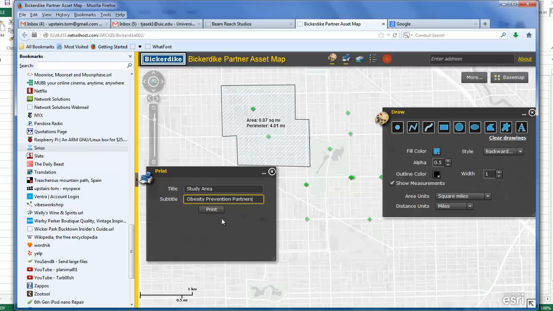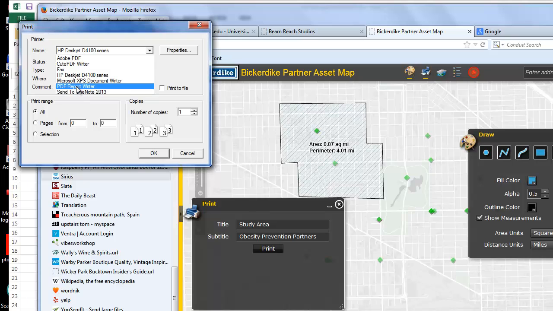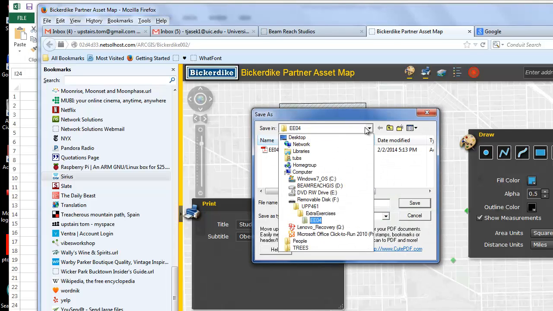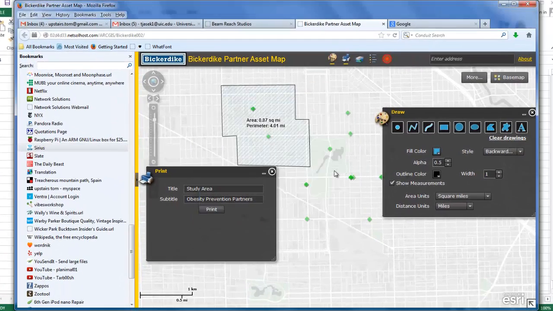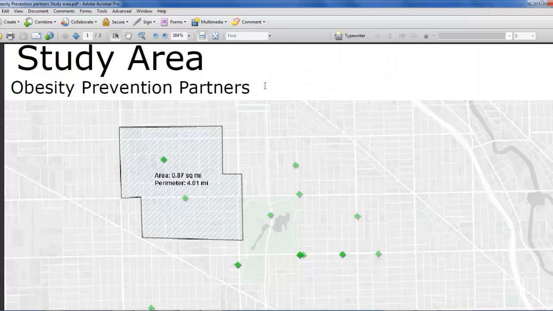And I'm going to go ahead and print this to a PDF. And in this case, I'm just using CutePDF Writer, which is my favorite PDF printing tool. Say OK. And I'm going to go ahead and define the location for this file. I'll just put it on my desktop for now. Give it an appropriate file name. Keep your files straight. Obesity prevention, partners, study area, and OK. So very quickly, I can go ahead and create a custom PDF,